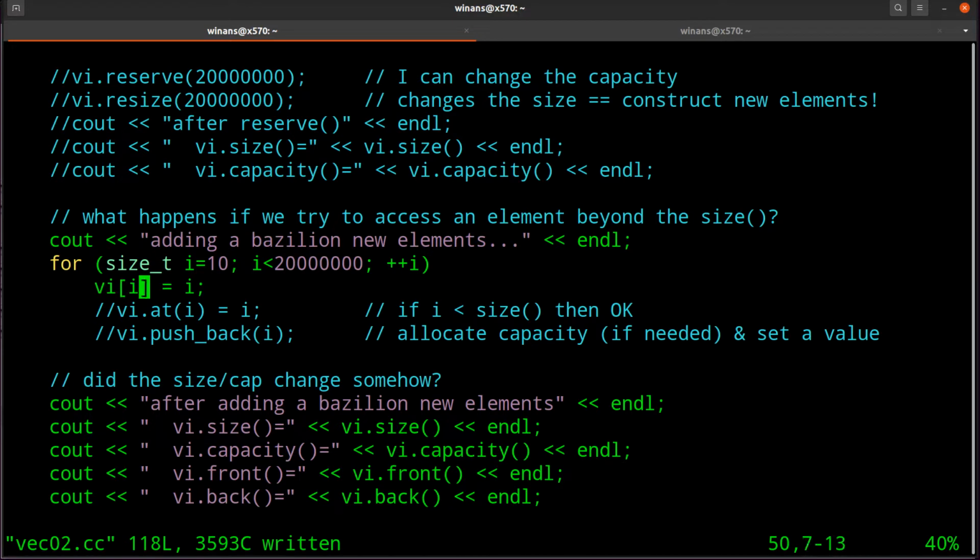Remember, the square brackets do not do this bounds checking. This one did not increase the size to make room for it like this guy down here did. So what do we got here? This one will actually increase the size and allocate the capacity and do everything needed to get that new value into this vector. This one here doesn't help you a lot, but at least it checks first and it stops your program